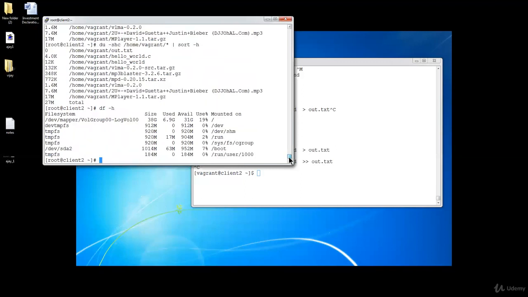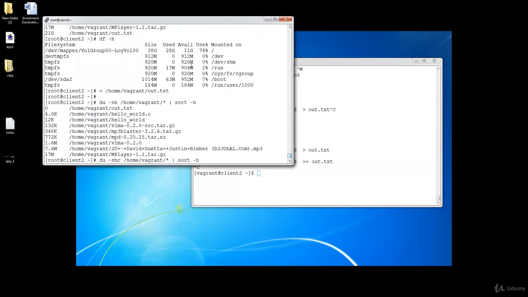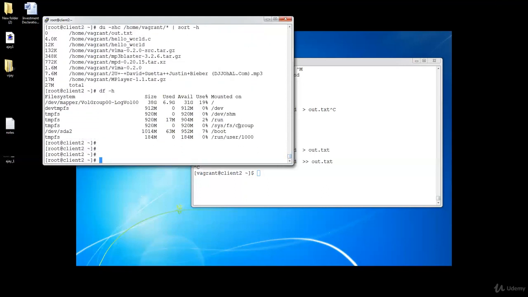Now only 6.9 GB is used and 31 is available. Only 19% is used, and prior to this it was 74% used. So in this way we can find out which file is consuming more space, and accordingly we can take the action.